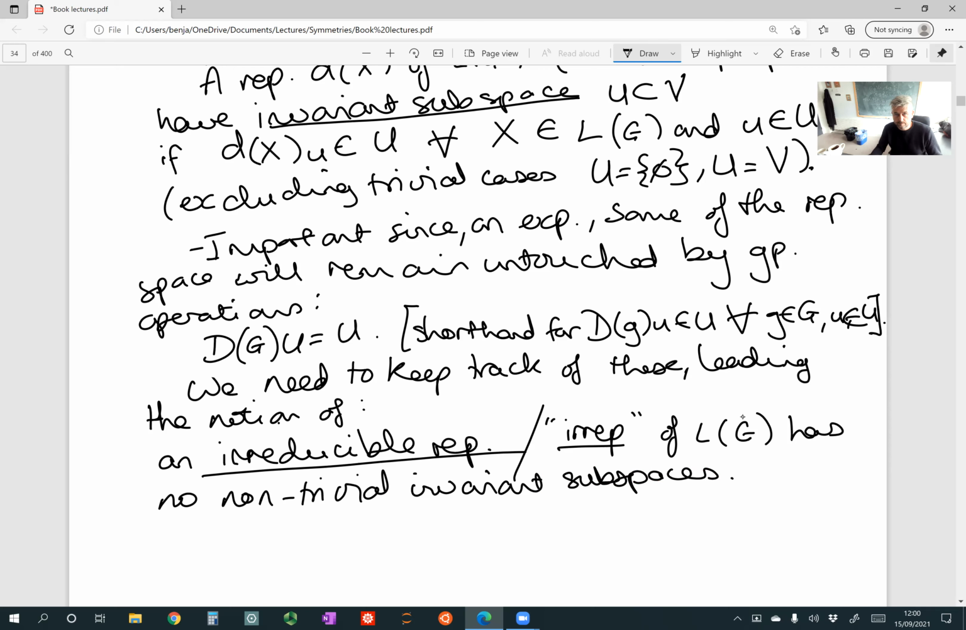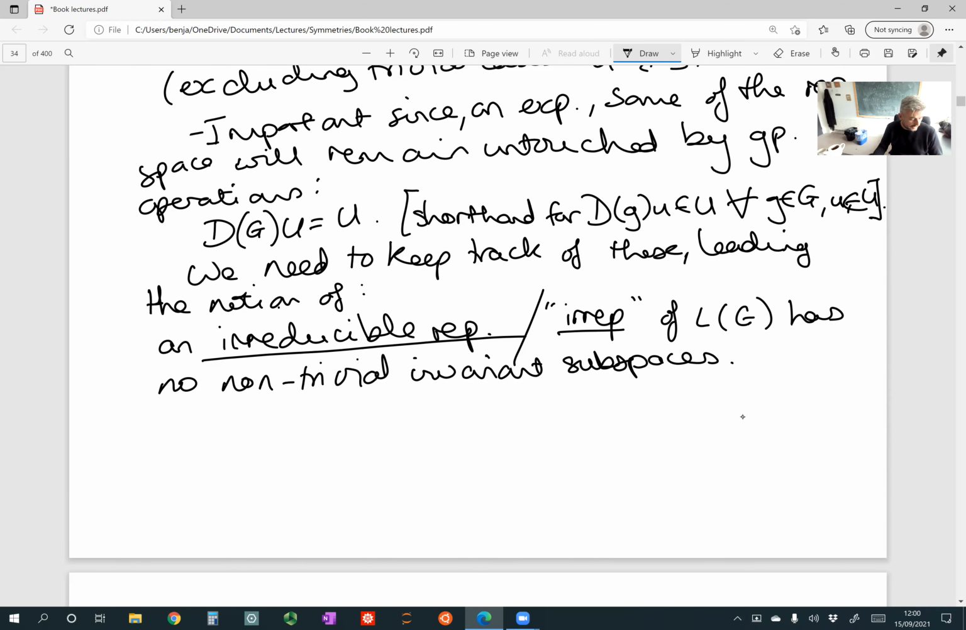So in other words, when you do a group transformation, everything gets mixed up. A representation is totally reducible if it can be decomposed into irreducible pieces via the direct sum. So that's another definition. A rep is totally reducible